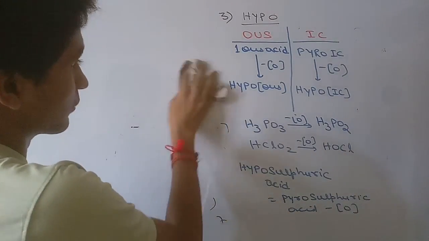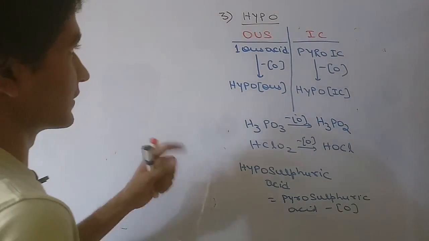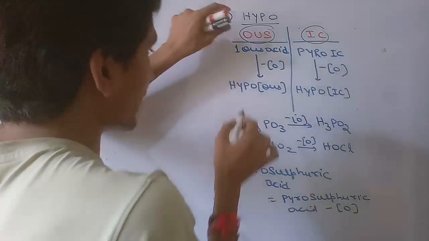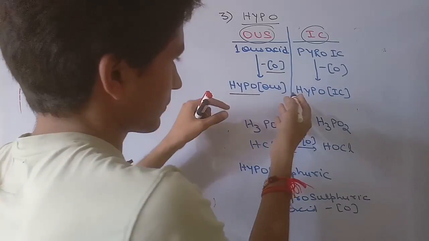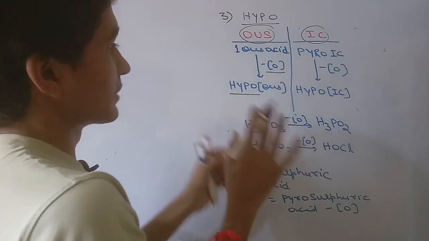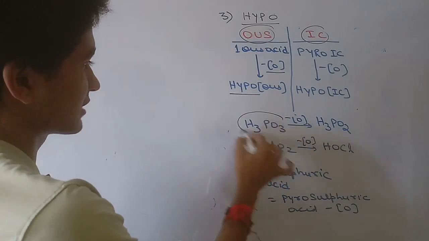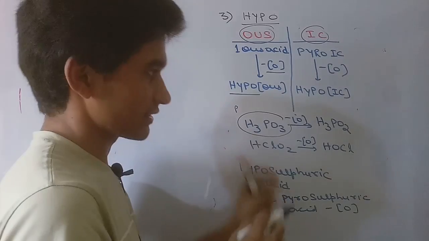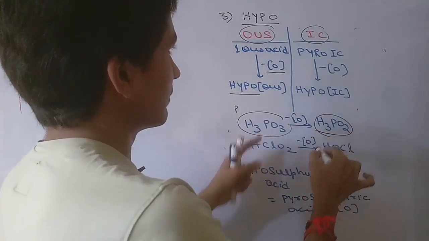Now we are moving to hypo. How will you calculate the formulas for hypo? See, there are two parts, ous and ic. In ous, what you have to do is subtract 1 oxygen, and you will get hypo. For ous acids you simply subtract 1 oxygen, and you will get hypo-ous. How am I calculating? See, H3PO3, this is your phosphorous acid, and you are subtracting 1 oxygen from it, then the remaining molecule will be known as